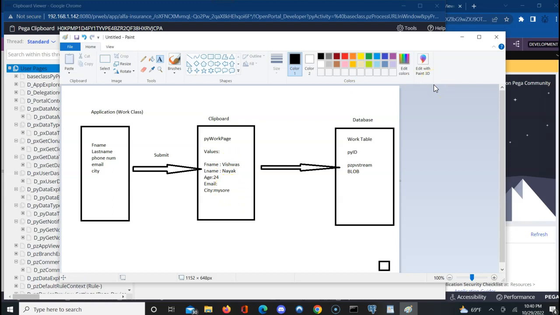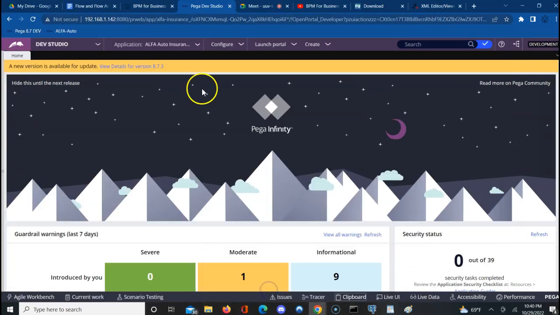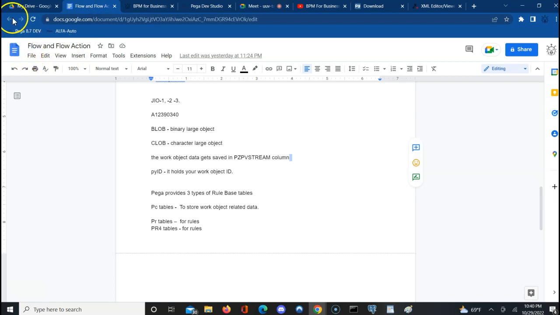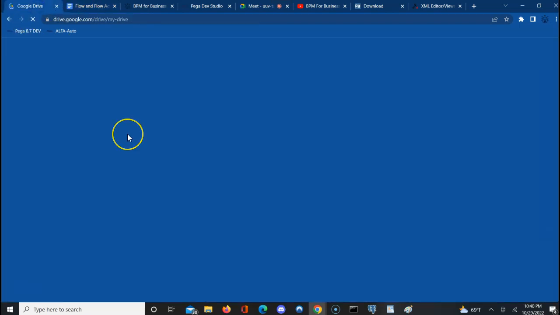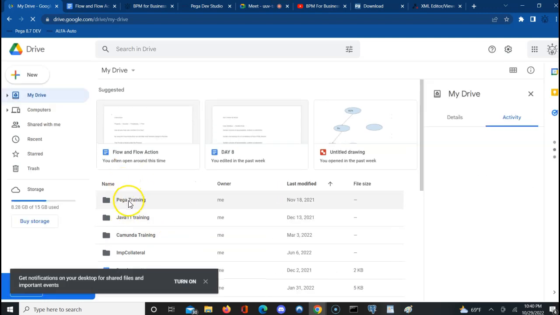Okay, so why do we need a clipboard? There is a concept called debugging in programming. What is debugging? For example, if someone comes up with an issue, let me start a new sheet for you here. If someone comes up with the issue, you should be able to, you know,